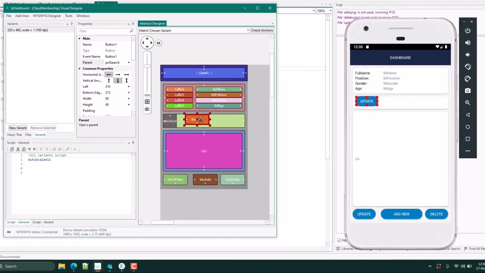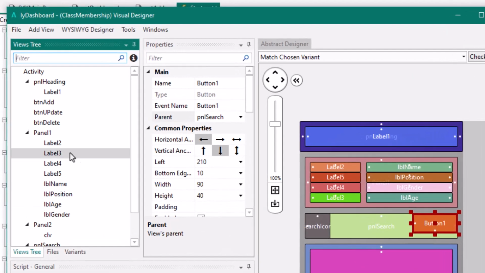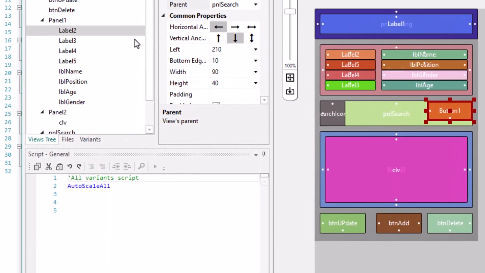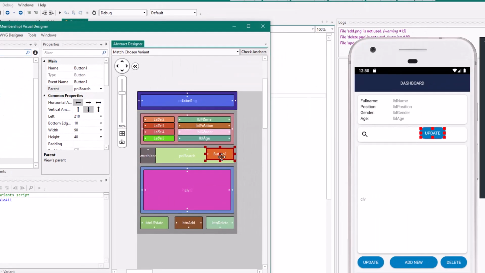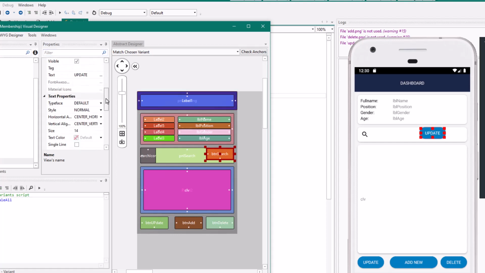Okay, now that it's inside the panel, when you check the views, you can see that panel search is having the search icon and then this button. Let's also name the button search.